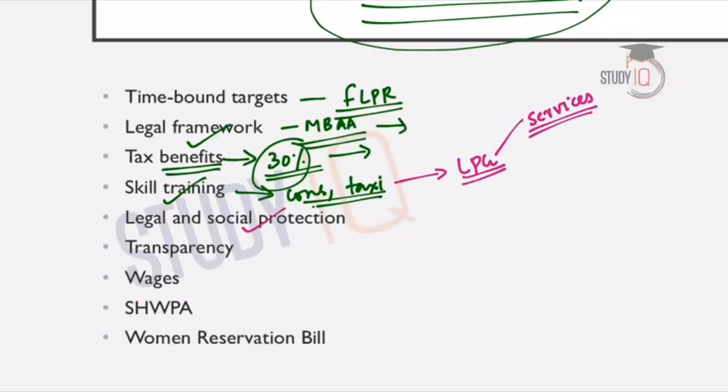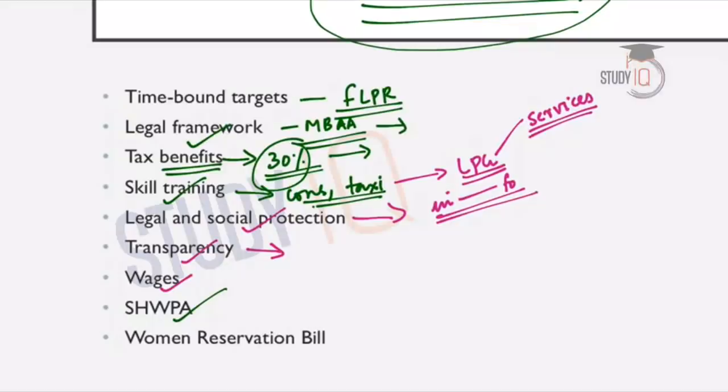And the introduction of legal and social protection schemes also will help. So this will help the integration of women who work in the informal sector with the formal sector. So there will be an integration of labour in informal and formal sectors. And it is also important to bring in transparency in recruitment and promotion policies, so that transparency will make sure that there is no gender bias in recruitment and also in promotion policies. Necessary steps are required to correct the gender biases in wages as well. We have already discussed in a different lecture that women get lesser wages compared to men. So the wage differentials need to be corrected.